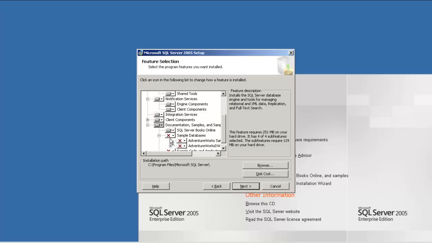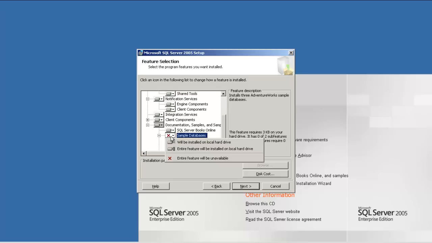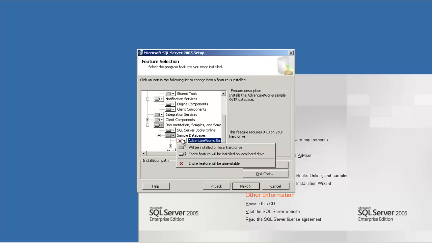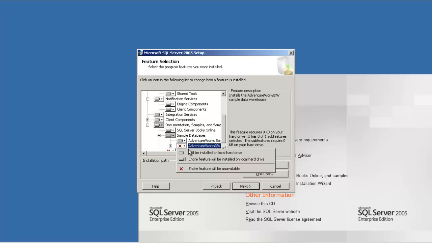This is where you should always remember that whenever you are installing SQL Server 2005, it never selects it. In 2008, there is no default database inside the SQL Server itself. Okay, here we are.